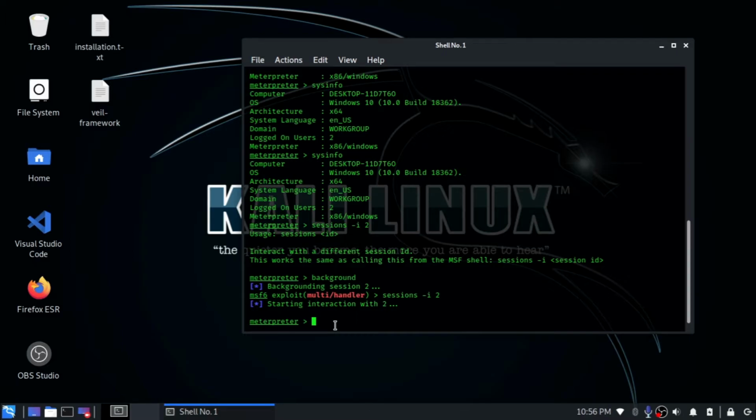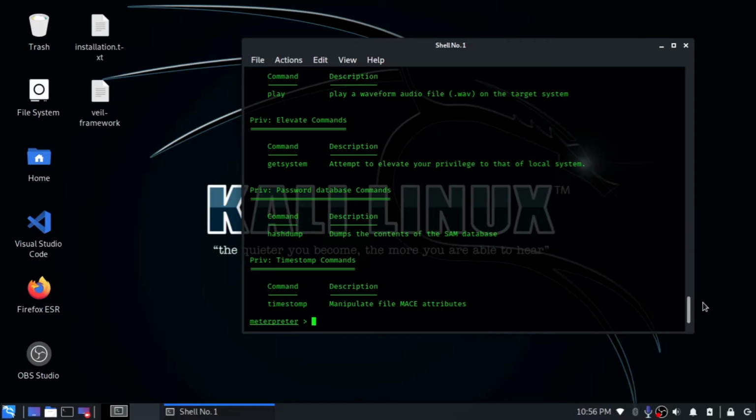The next thing we are going to see is what options we can use on the Windows system. For that, the first and most important option is the help option. As soon as you type help and hit enter, it will show all the commands which we can use here in our Meterpreter section.